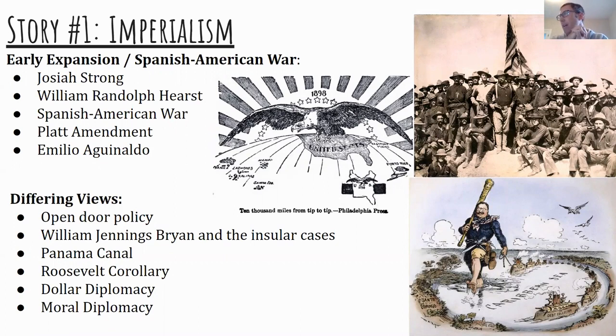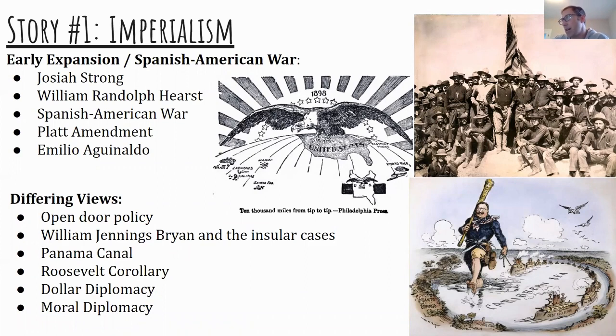So there is obviously not that much foreign affairs that we've discussed in periods 3, 4, 5, and 6, but now foreign affairs is taking center stage for this period. And it starts to happen with this process of imperialism. Now, for those that don't remember what imperialism is, this is the process of the United States going out and trying to build an empire for themselves.